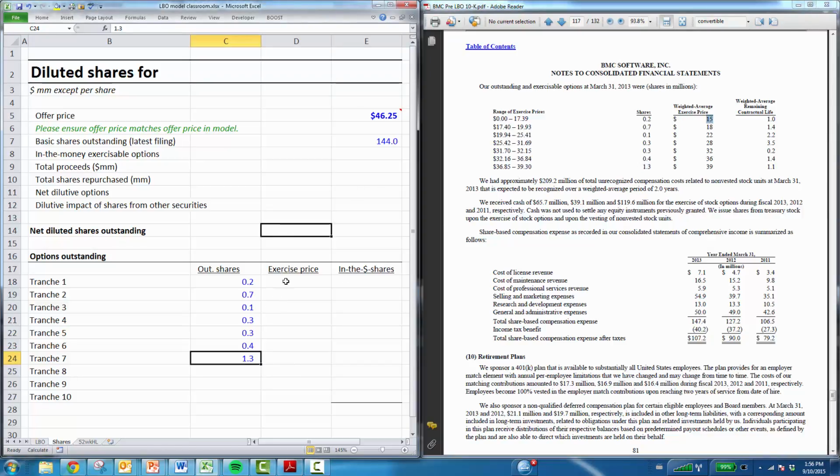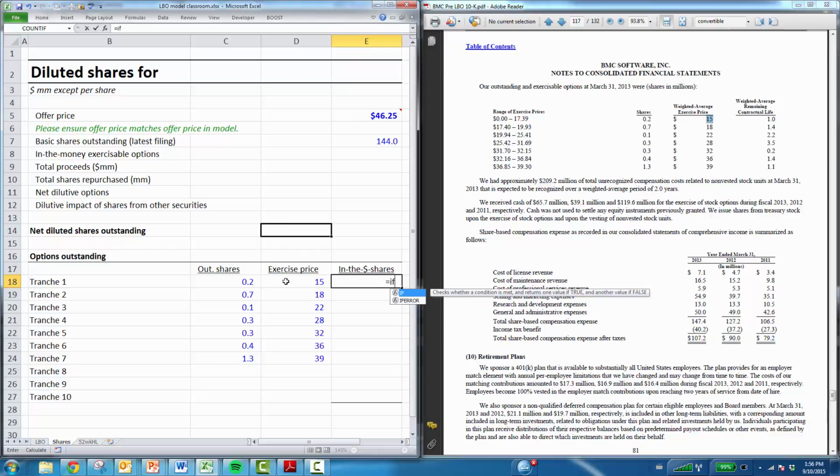So these are the corresponding exercise prices. Might actually just be better off typing this in. All right, so now I have to figure out whether, and let's just confirm this is that 3.3 million. We've got them all in there. And now let's just make sure that these shares are, let's just test whether each batch is in the money